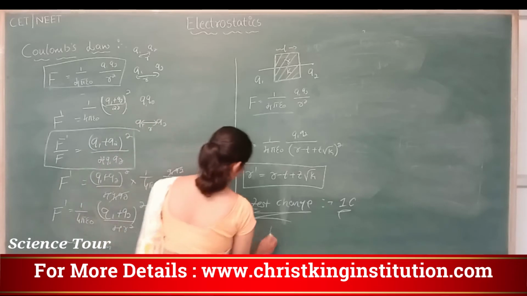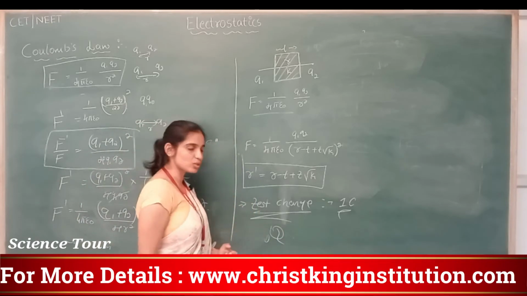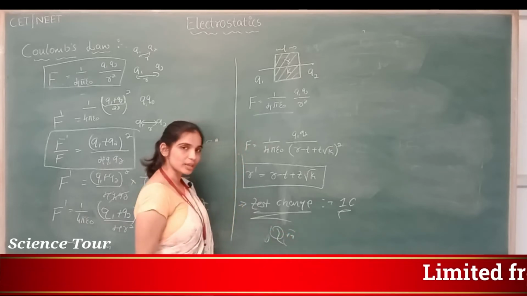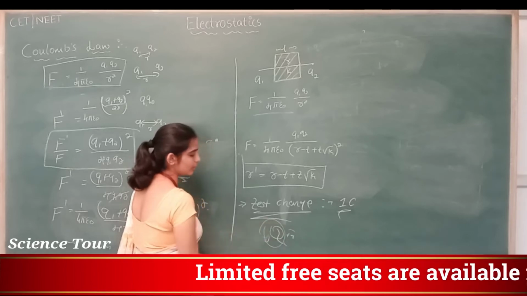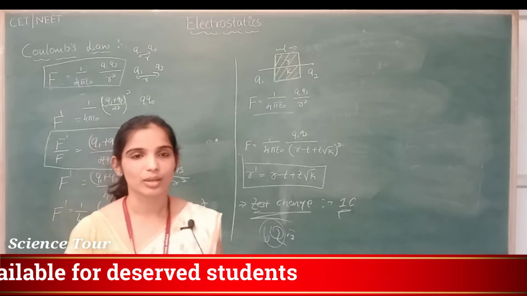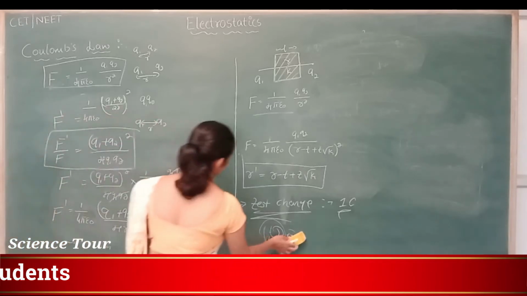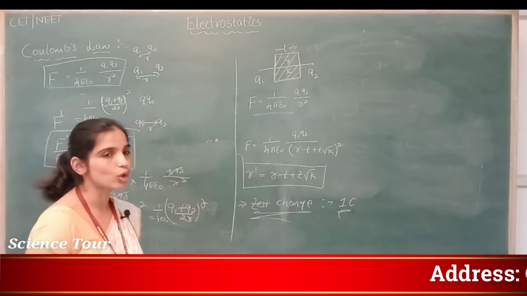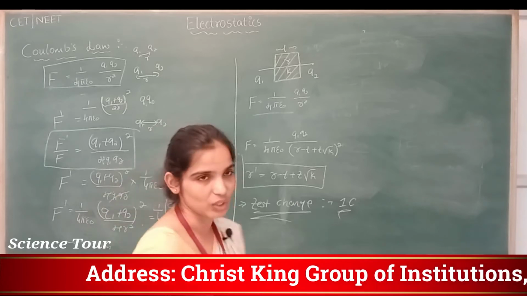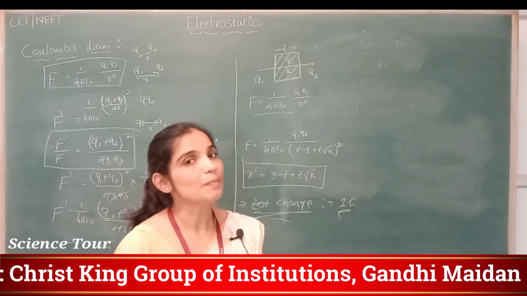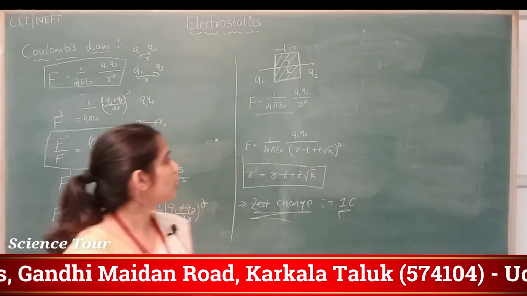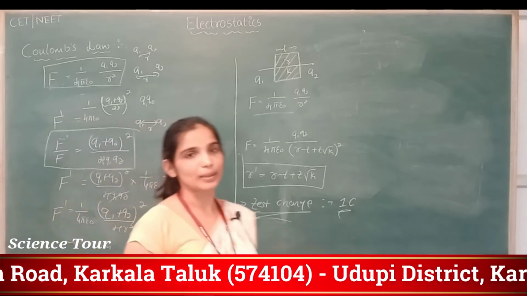Here is one charge. I want to know its charge. I place a test charge here so that I can measure the charge of it, or its electric field. This test charge wouldn't change the magnitude, because the electrostatic force between them will be 1 by 4 pi epsilon naught Q1 into 1, because Q2 here is the test charge, divided by the distance separation. So a test charge is a charge with unit magnitude, always 1 coulomb. So this is about your Coulomb's law.